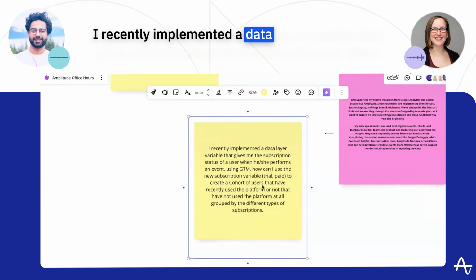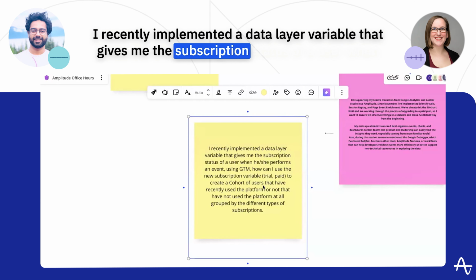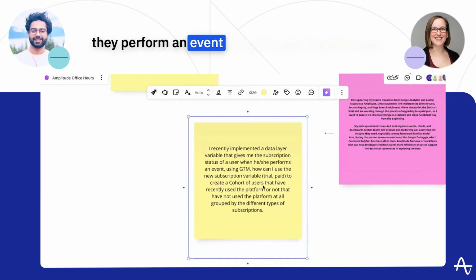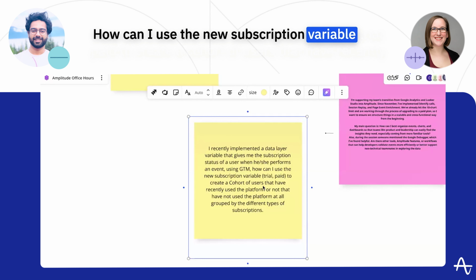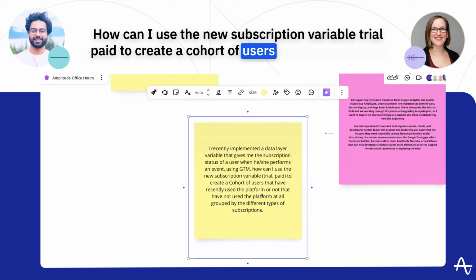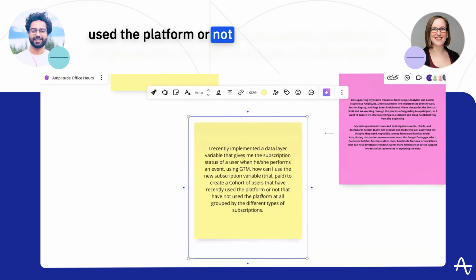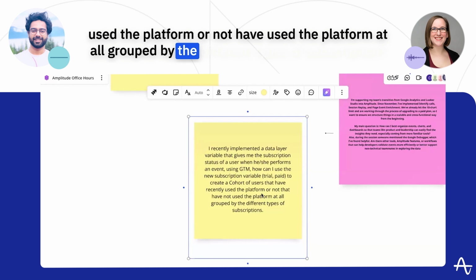I recently implemented a data layer variable that gives me the subscription status of a user when they perform an event using Google Tag Manager. How can I use the new subscription variable, trial or paid, to create a cohort of users that have recently used the platform or not have used the platform at all,